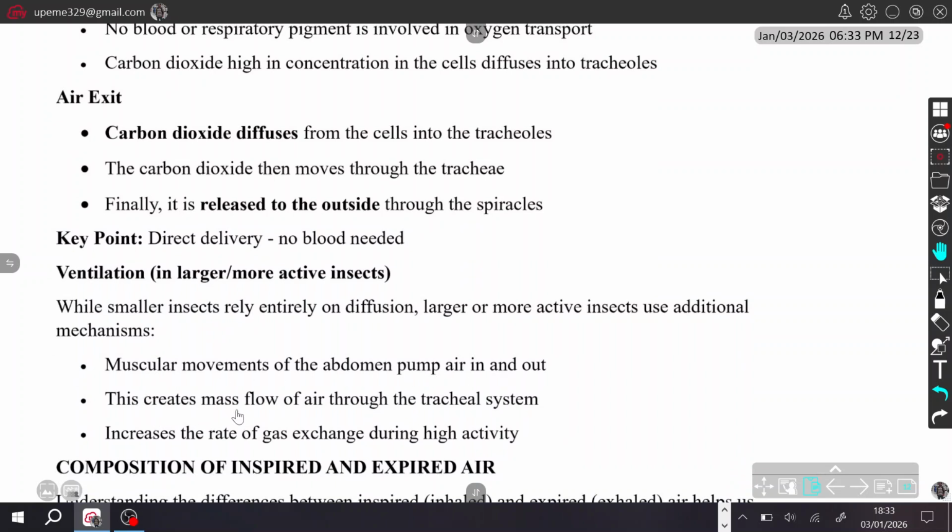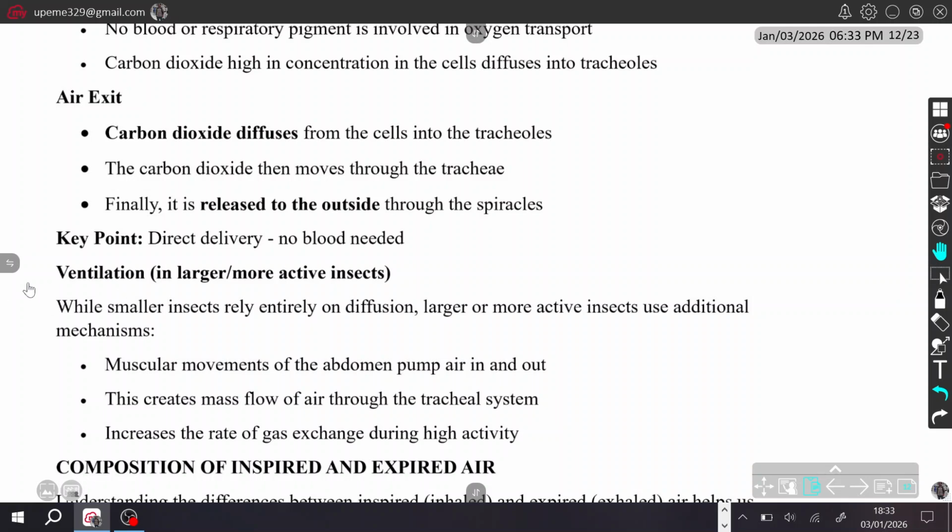This creates mass flow of air through the tracheal system. So this same mechanism of gaseous exchange in insects